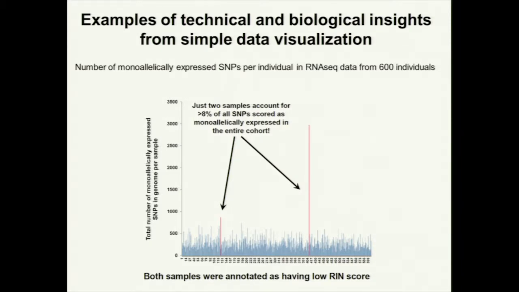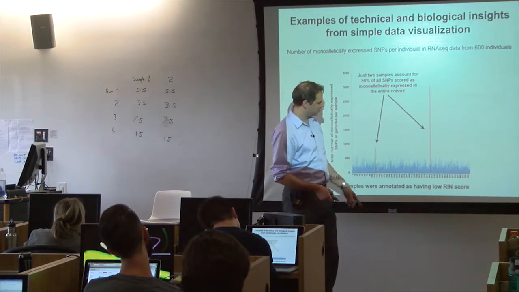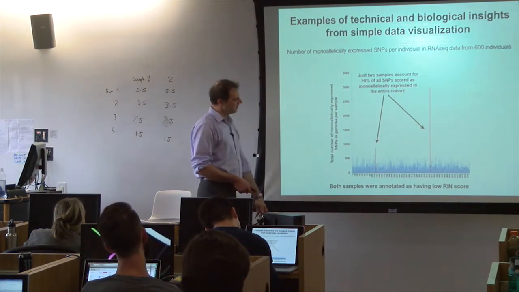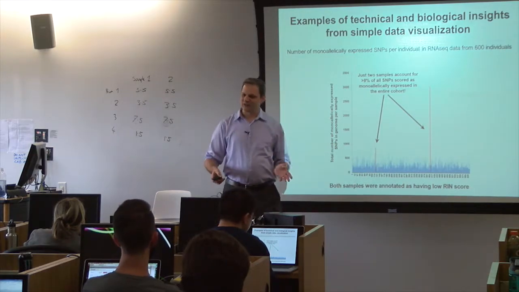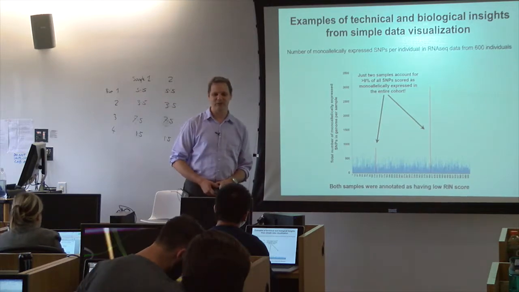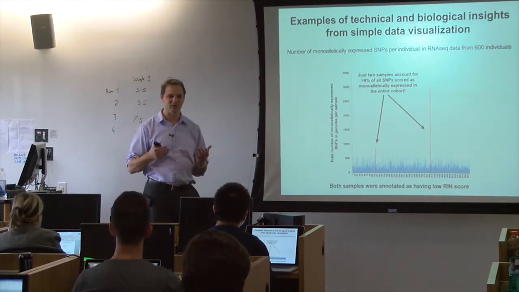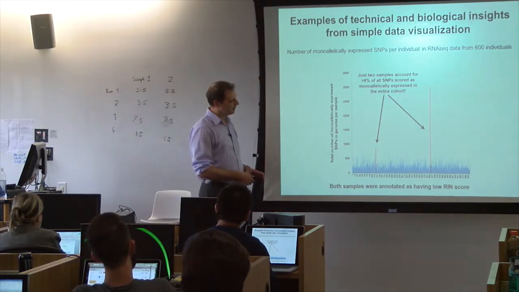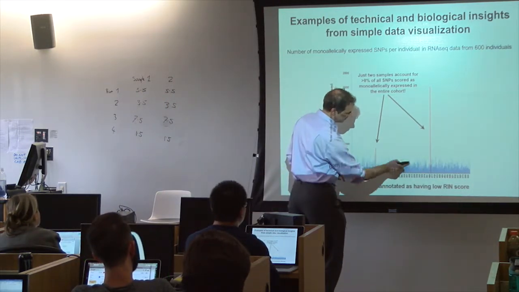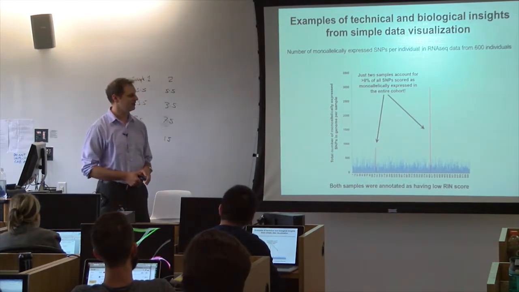This is the count of number of sites that only have one of the two alleles being expressed. And basically you can see there's one really, really strong outlier individual, another one who's popping up above the rest. And that's not biologically expected. Why should there be one individual that has 10 or 20 times as many monoallelically expressed sites as anyone else? Could be real. Maybe they have monosomy for a chromosome, but then they'd probably be dead. It turns out these two individuals actually have very low RIN scores, RNA quality, RNA integrity, and so probably it's